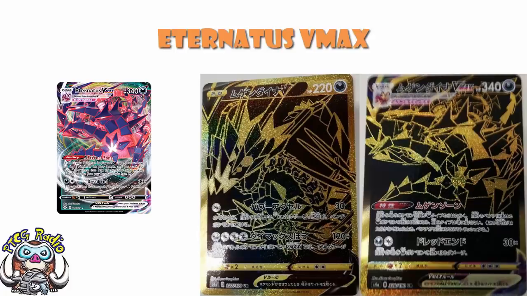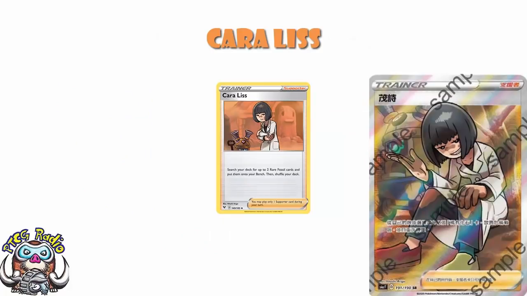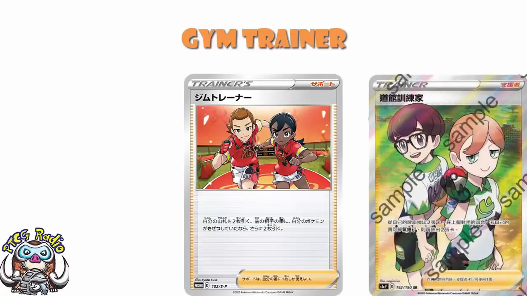Now, the full art supporters, we have previously gone through all of them. I did do a video about them yesterday. So just as a quick reminder here, we are getting Kara List, that lovely card that lets you search for a couple of rare fossils and put them onto your bench. A very useful card in terms of getting your fossil Pokemon all set up. We are getting Gym Trainer, that card that lets you draw 4 if you had one of your Pokemon KO'd during the previous turn. Interesting to note, we have not had the regular version of this yet, so it is going to be interesting to see if that does come along a little bit later for us,